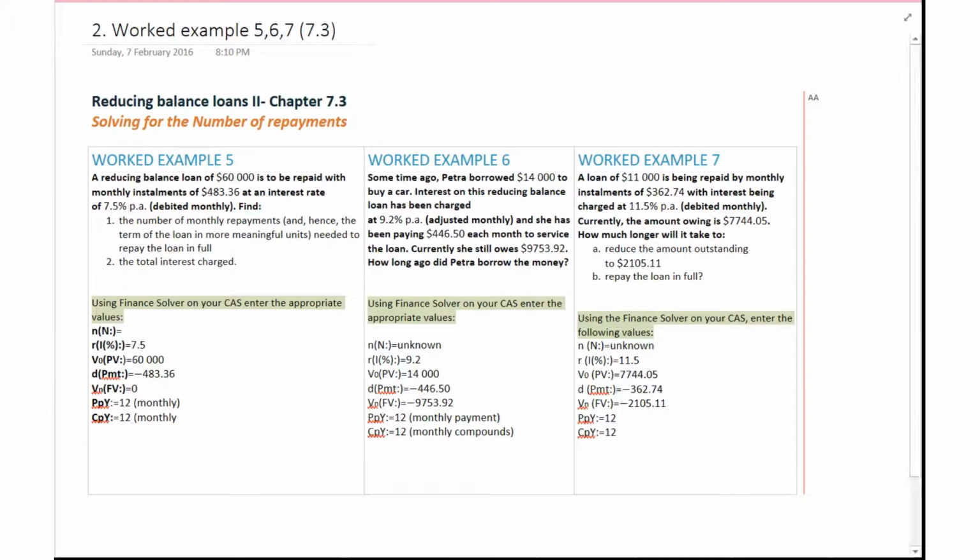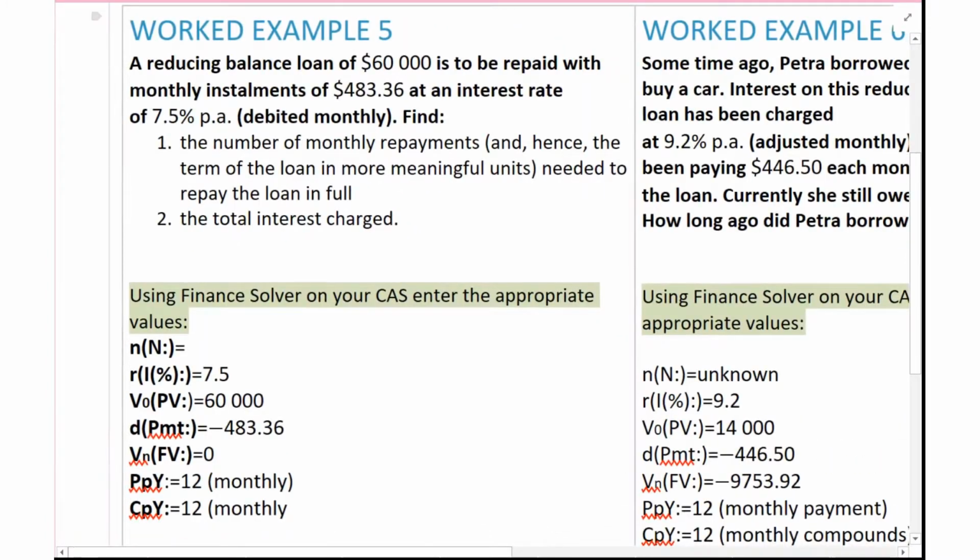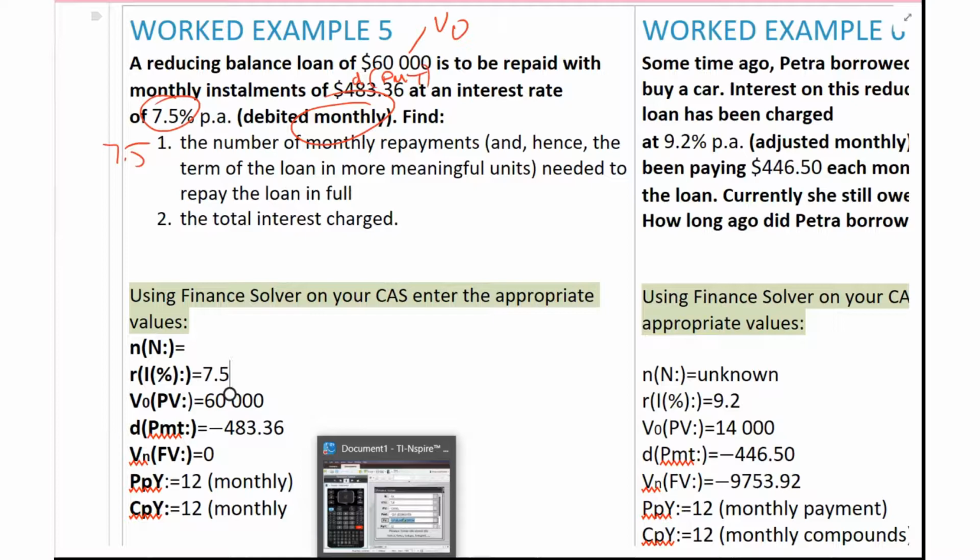Okay, so in worked example 5, we've got a reducing balance loan of 60 grand. So that's our V0, to be repaid with monthly installments of, that's our PMT, our payment, or our D, I should say. An interest rate of 7.5, and that's monthly. So that becomes our payments per year. So when we put that into our CAS, what we find is